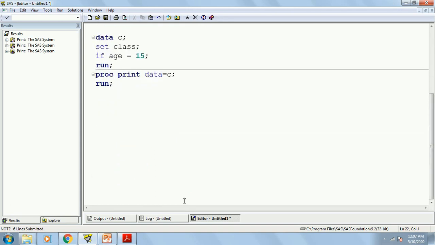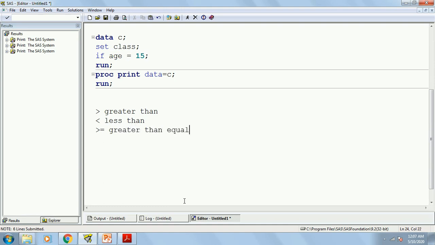Now these are the signs we know. This is greater than, this is less than, this is greater than equals to. These are the signs we already know, right?